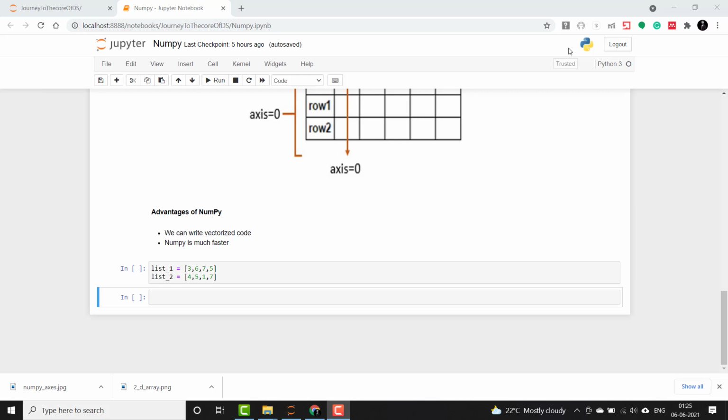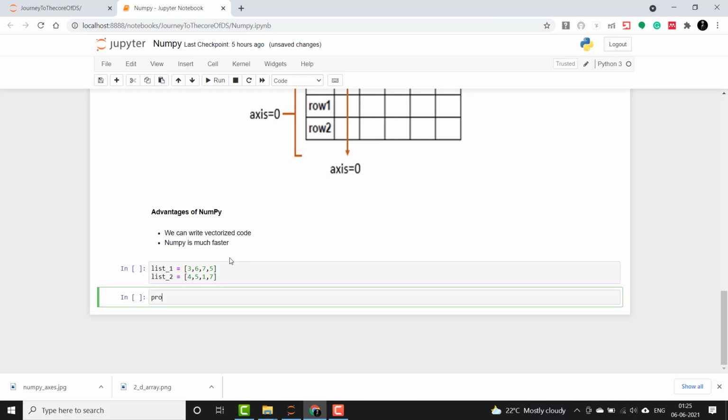Let's say that we have two lists of numbers and want to calculate the element-wise product. The standard Python way of doing it would need us to map a lambda function, or worse, write a for loop for it, whereas with NumPy we can simply multiply the arrays. So let's check out the standard way of doing it and then the NumPy way.